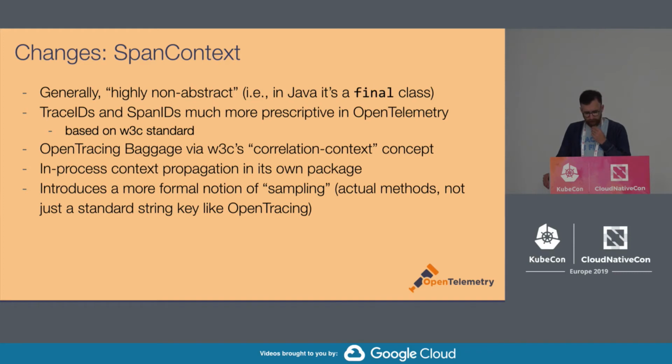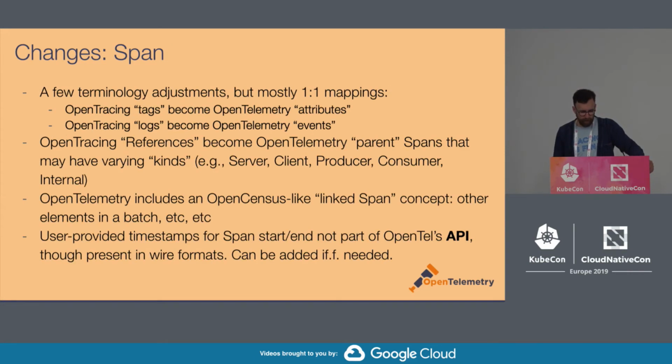Also, OpenTracing did support a standard string representation of whether there is sampling or not, but it didn't have special methods around whether the current request is sampled or not sampled. OpenTelemetry's SpanContext does put that on the SpanContext. I mention this because it's an important optimization for many people. If you're not in a sampled trace, you can avoid extra work to create tag values and things like that. So that's something that we've also added to the OpenTelemetry side.